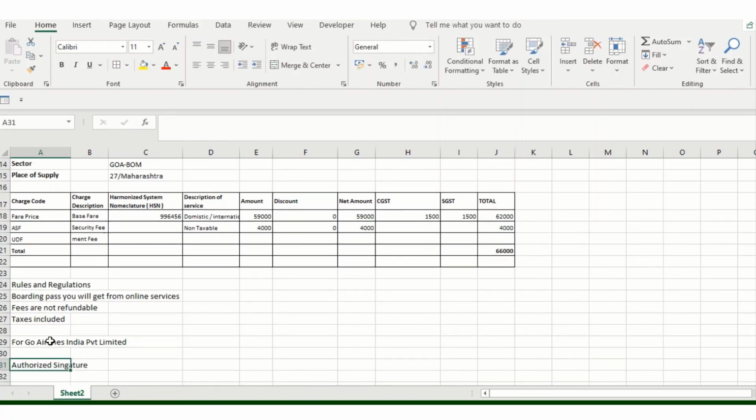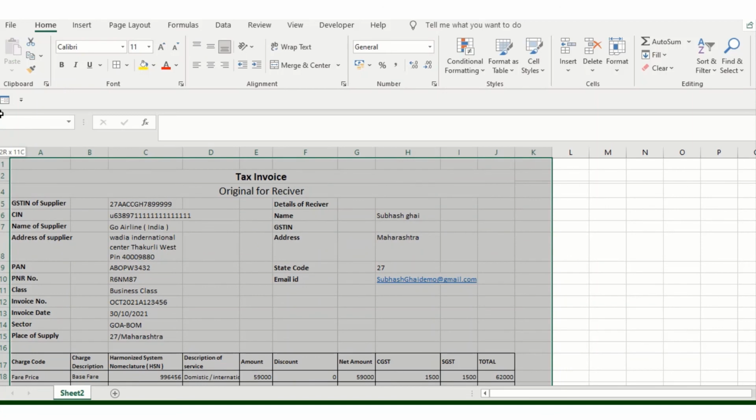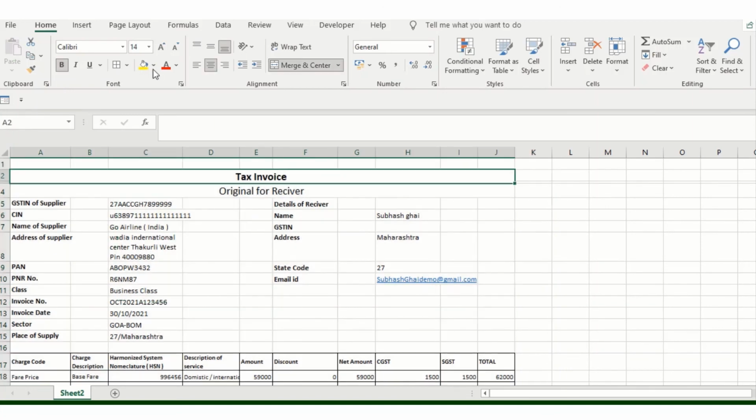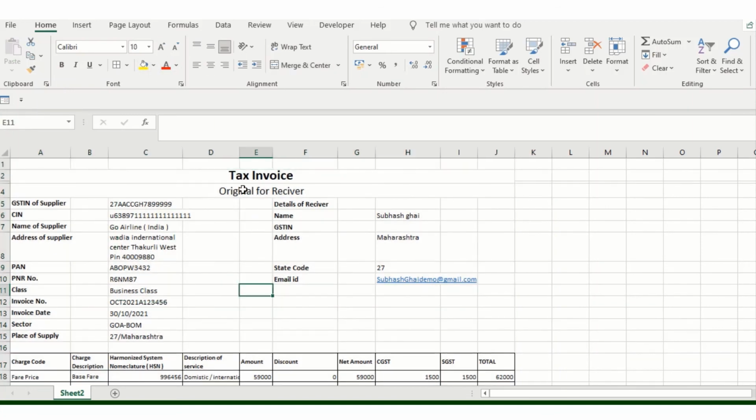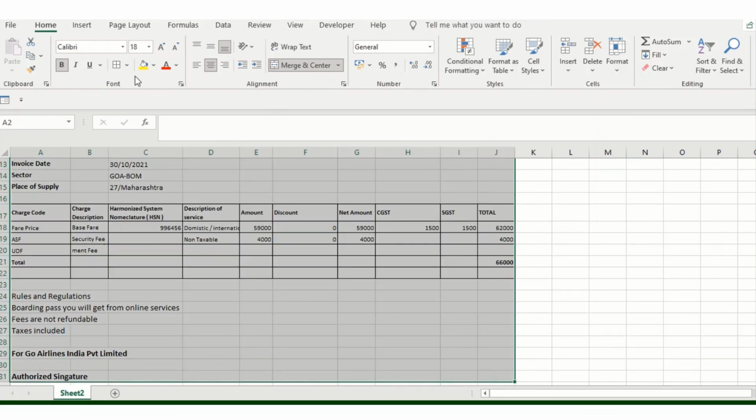You will just click here and make it bold, because ultimately if you can see, you'll get the idea. I'll just make this particular thing bigger. This looks good.